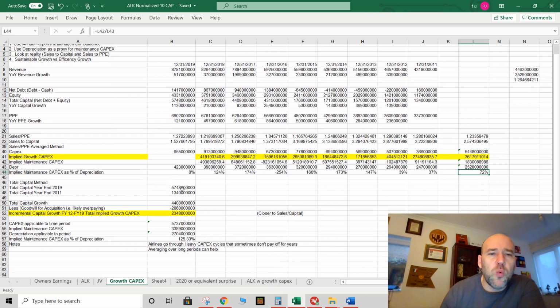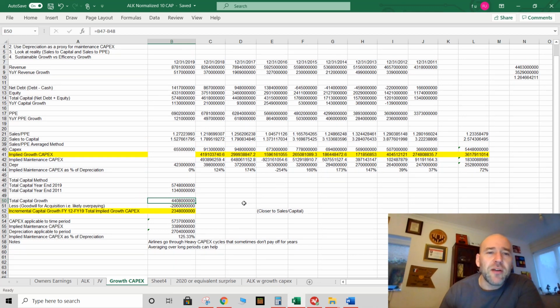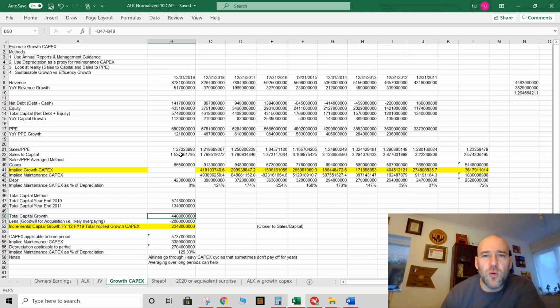Okay, I wanted to do one more method, and this is a total capital aggregate method. So I took the capital at year-end 2019, which was $5.74 billion, and looked at it at year-end 2011, which was $1.34 billion. And I looked at the difference. So I had a total capital growth of $4.4 billion. And so I was saying, okay, my total capital growth should equal the amount of capital that I added over time. So it should equal the total growth capital plus maintenance capital. Something wasn't quite adding up though,